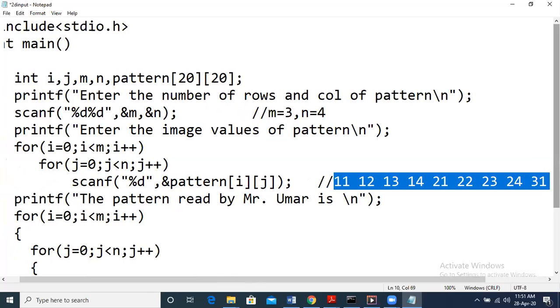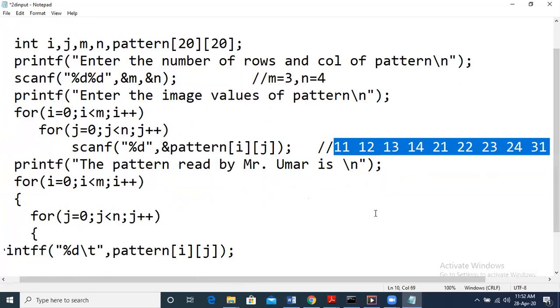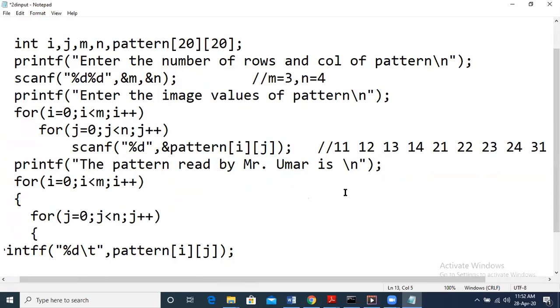Okay, so how does it get stored? Now when we see this, the first number will be 11. So first we will store 11, right? And it is stored in 0, 0. Next, j becomes 1, so i is still 0. So 12 will be stored when j becomes 1, that is in a of 0, 1, right? Initially 11 is there, so that is row number 0 and column number 0, right? So 0, 0 is for 11, a of 0, 0. Next, for 12, i is still 0, but j becomes 1.